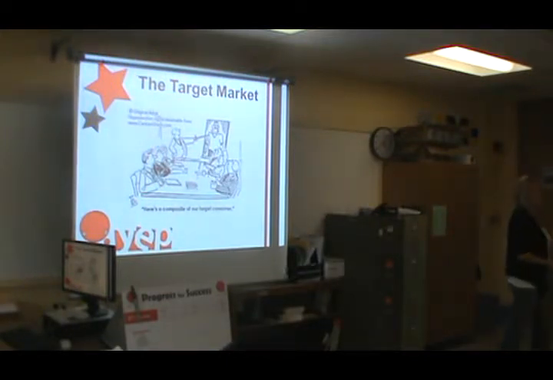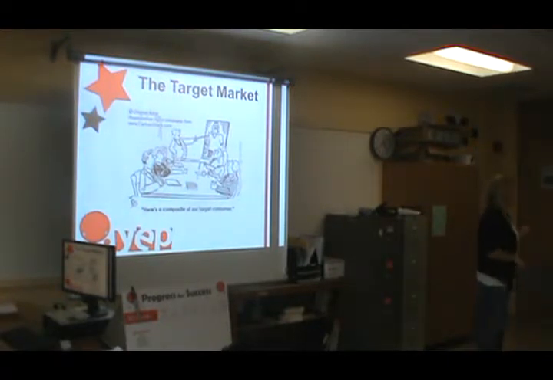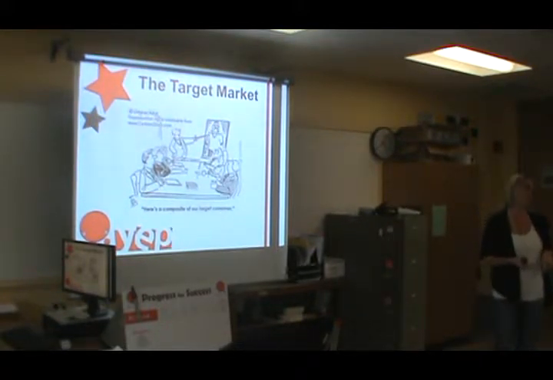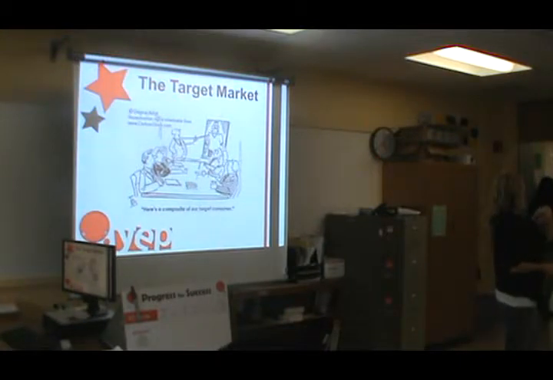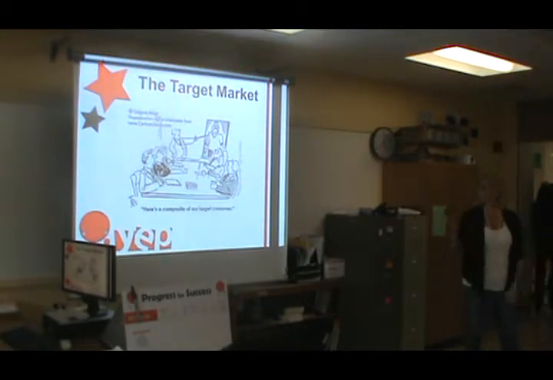If you ever do radio marketing, your captive audience is a female from 18 to 54. Well, that's great and all, but let's narrow that down a little bit, please, because I don't want 18 to 54. I need somebody who's like 23 to 44. That's it. So who is that person? Where do they work? What zip code do they live in? What do they drive? Where do they shop? What do they wear? How many kids do they have? Where do they hang out? What organizations do they belong to? These are all the things you really need to understand and focus on, and start to do some research about.